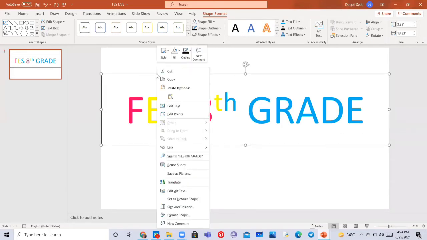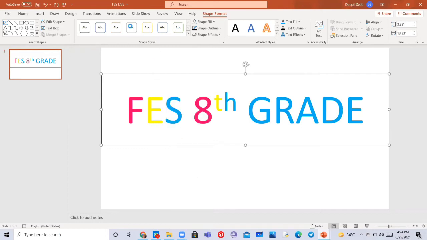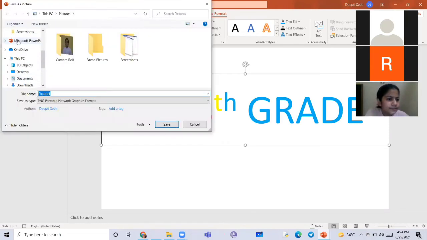We are going to right click on it and select save as picture so that we can have this header as a picture and upload it on our Google site. So we're going to save it as a picture.